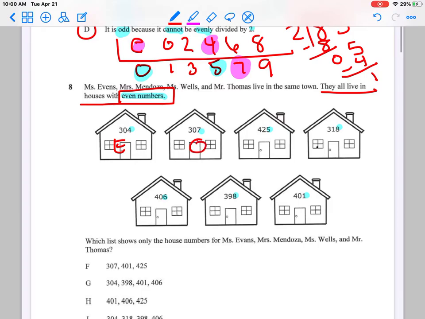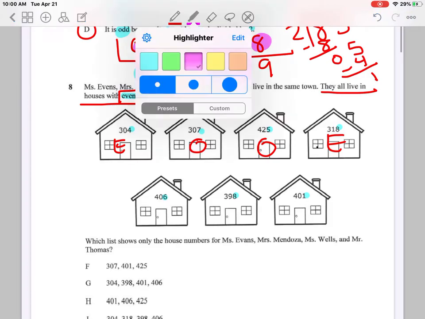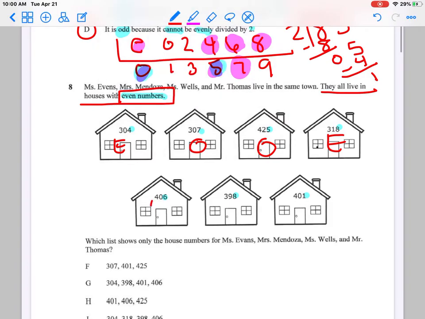I look at number 5. Number 5, find it on my Leo, and it is odd. Number 8, I find it on my Leo, and it is even. Number 6, on my Leo, and it is even. Number 8, I find it on my Leo, and it is even. And number 1, find it on my Leo, and it is odd. So